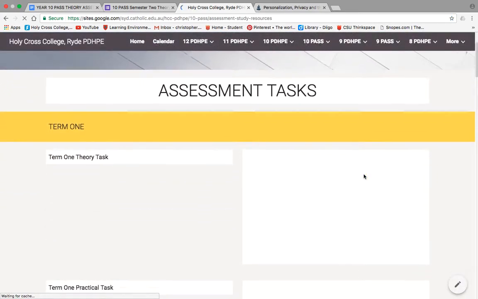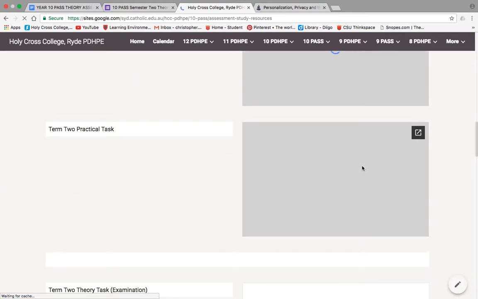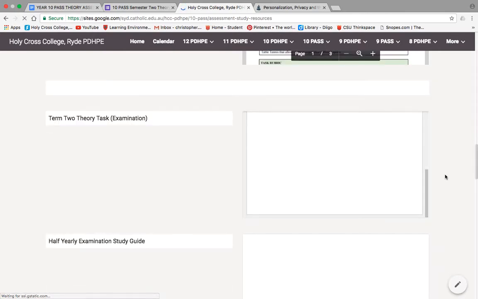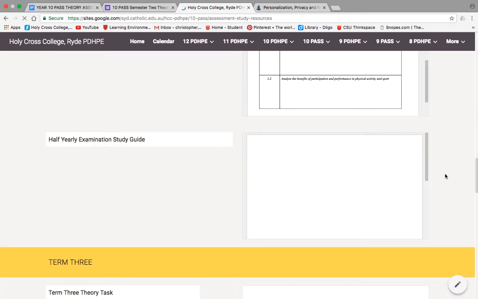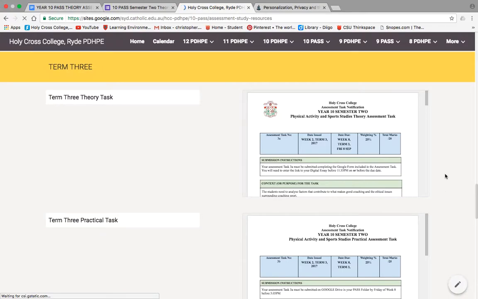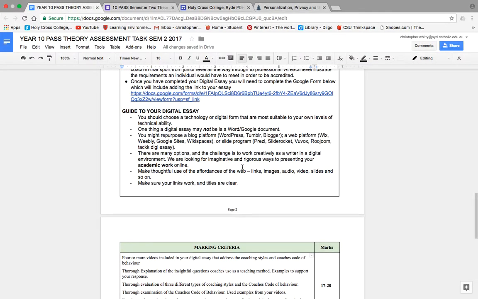And as your other ones are up there too, we go down to term 3. And you will see here we have your theory task there, and you can click on it and get that if you're trying to look for it again. As I said, it's important to do that.